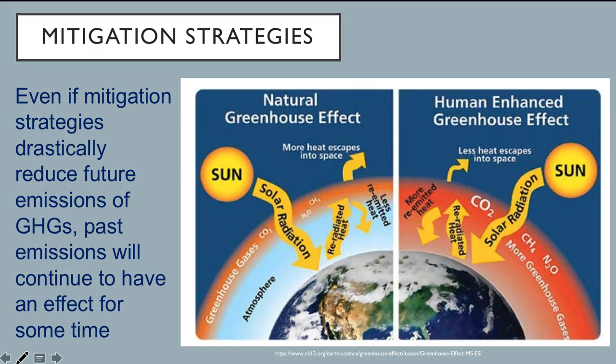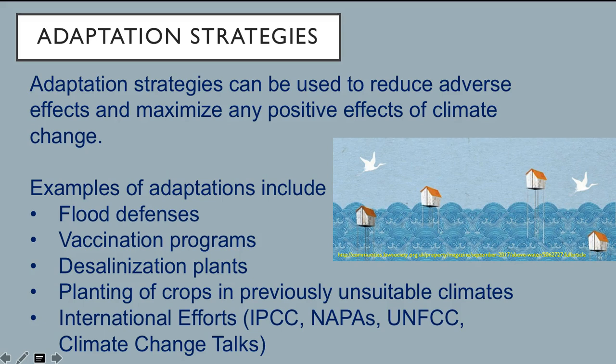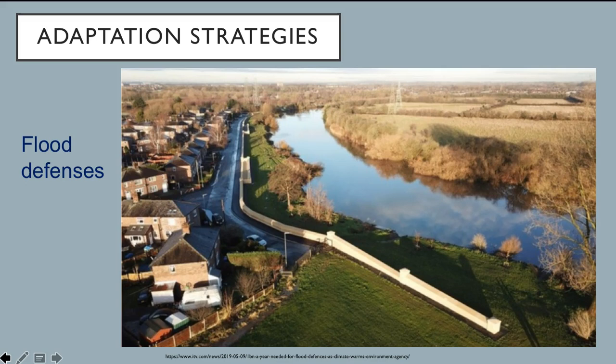Even if mitigation strategies drastically reduce future emissions of greenhouse gases, past emissions will continue to have an effect for a long time. Now we are moving on from mitigation strategies to adaptation strategies. Adaptation strategies can be used to reduce adverse effects and maximize any positive effects of climate change. Examples include flood defenses, vaccination programs, desalination plants, planting of crops in previously unsuitable climates, and international efforts, including climate change talks. At least £1 billion a year are spent in Great Britain to manage rising sea levels to prevent